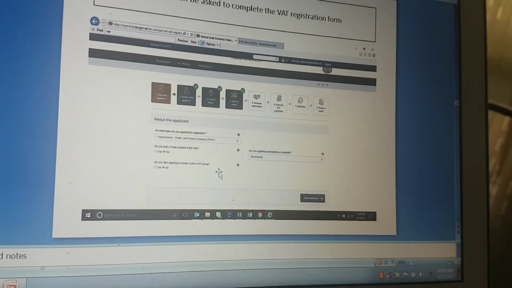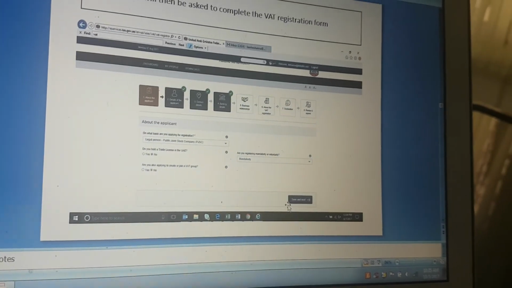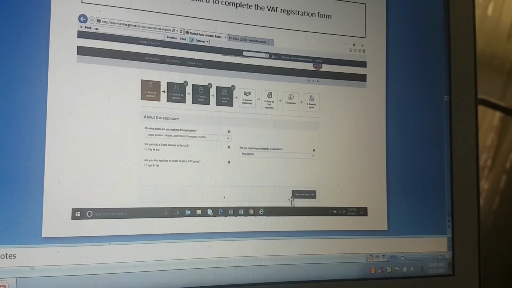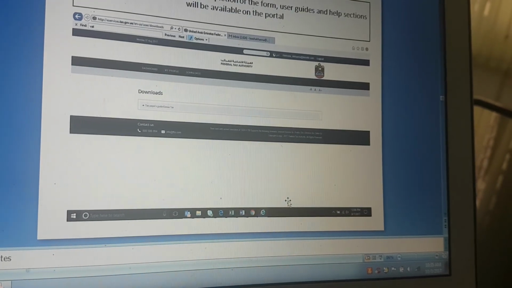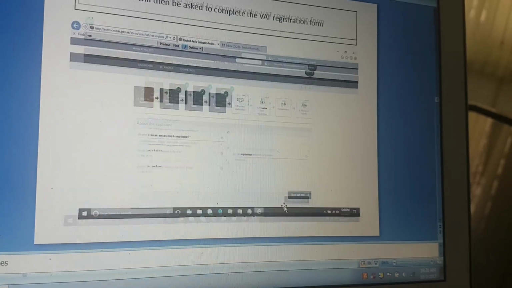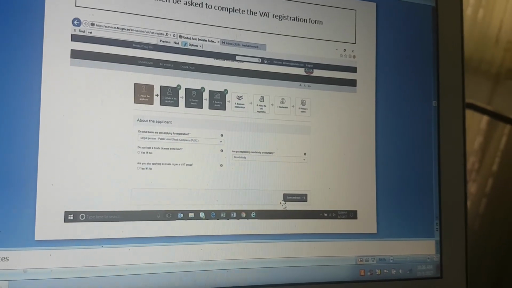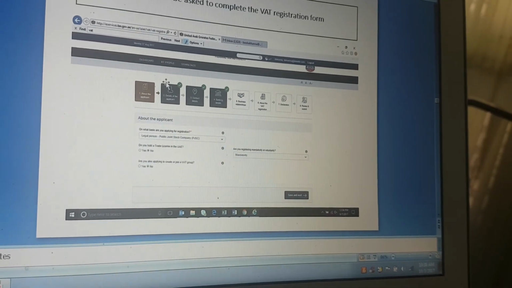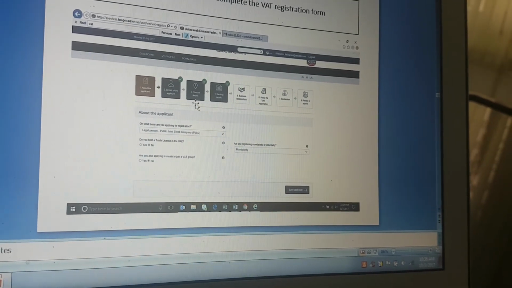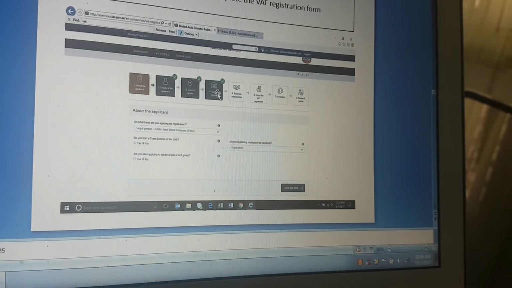Now next, about the applicant. This is being done. Then details of the applicant, contact number, and so on will be coming here. You will then be asked to complete the VAT registration form. If you require assistance during completion of the form, use the